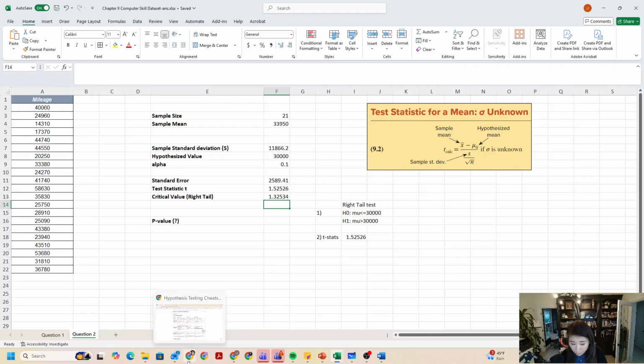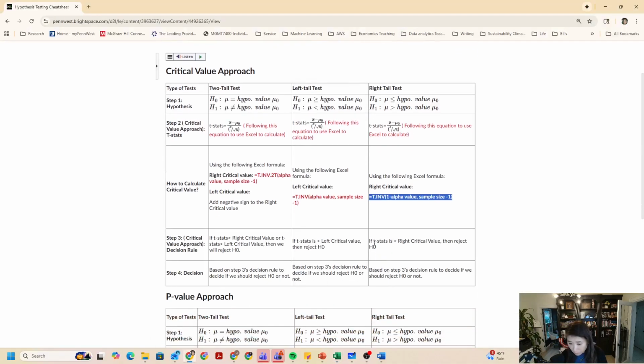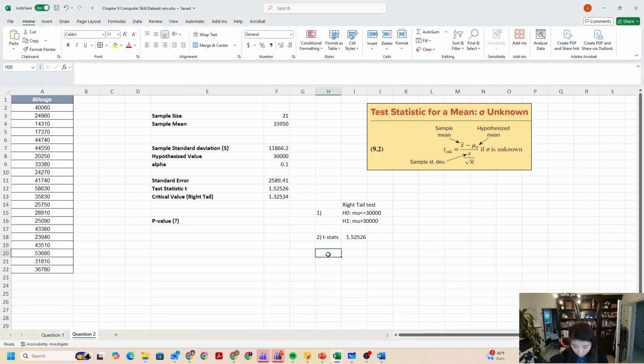So how do we know if we reject or not? Cheat sheet again. We're looking for if the t-stats we calculated is larger than our critical value, then we will reject. Okay, so we're going to come back here. Rejection rule is if t-stats larger than right tail critical value, reject H0. Now if you look at what we have here, the decision. The t-stat is 1.525. It is larger than 1.325. So therefore, the decision is reject